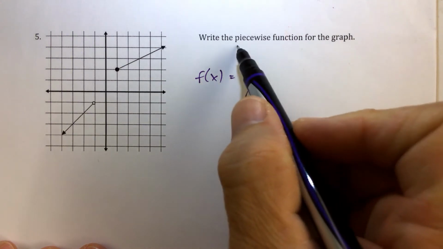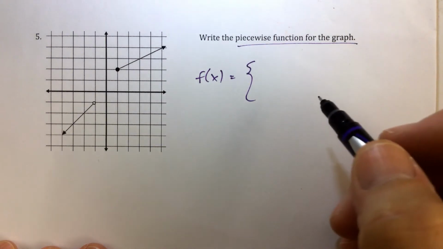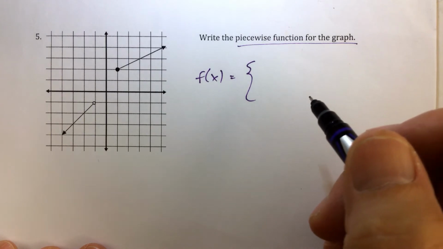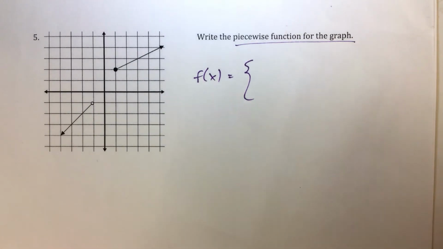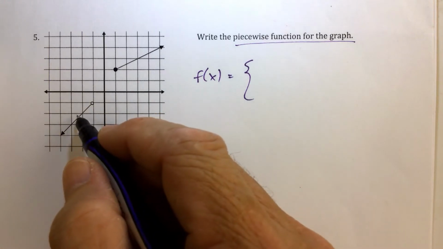In coming up with a piecewise function for the graph, this can be kind of tricky if you're not careful, but it can be very simple as long as you know what to look for. The first thing you're going to look for is, number one, the first piece